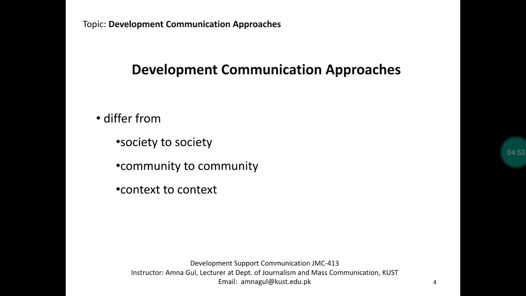What works for one society? What works for one community? What is more appropriate for a certain context? This implies that the development problem is a relative problem, that no one society can contend that it is developed in every respect. So the concept that some are the dominant ones is not like that.